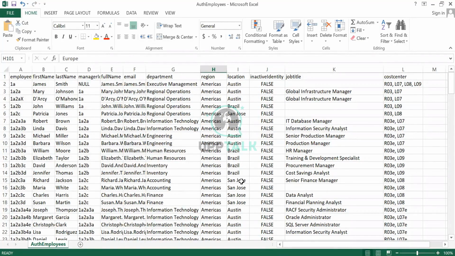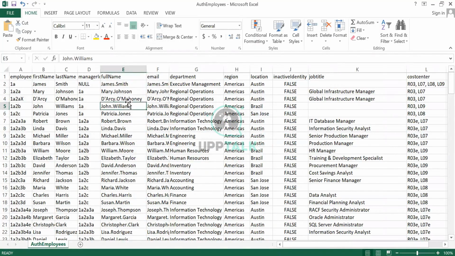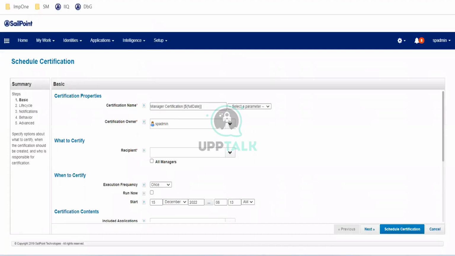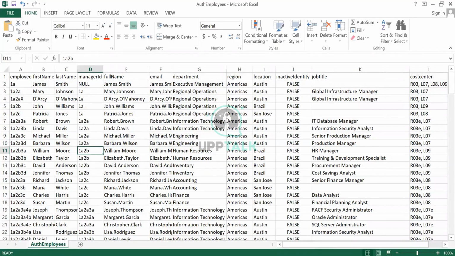Well, I understand there would be one certification. A has to confirm whether B is still the subordinate. A has to confirm whether C is still the subordinate, and D is still the subordinate. Similarly for E and F. What's the next one? What's the other one? What's the 6th one?